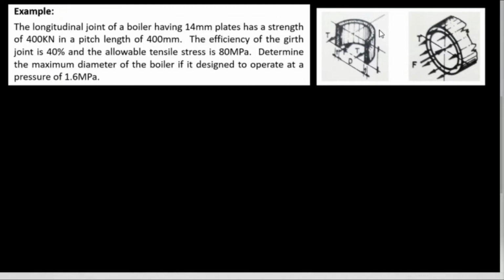So this is a boiler with a thickness of 14 millimeters and with a pitch of 400 millimeters, and we need to find the diameter of the boiler, or the maximum diameter of the boiler, with force T of 400 kilonewtons and the tensile stress is 80 megapascals with a pressure of 1.6 megapascals. So the givens